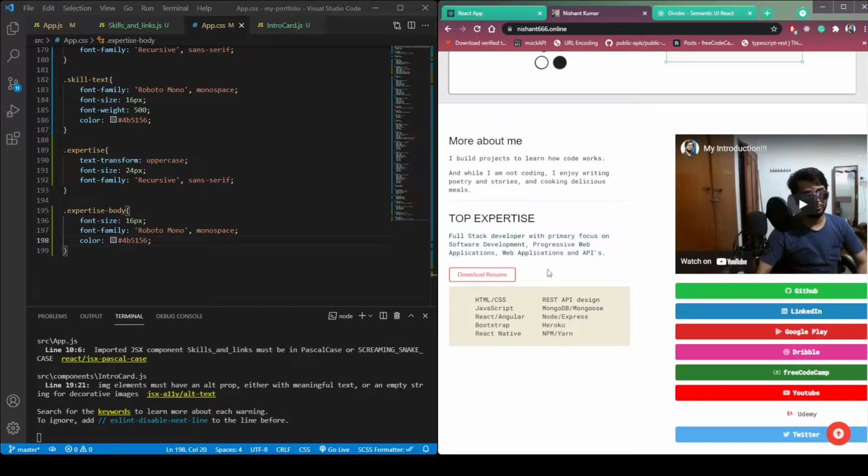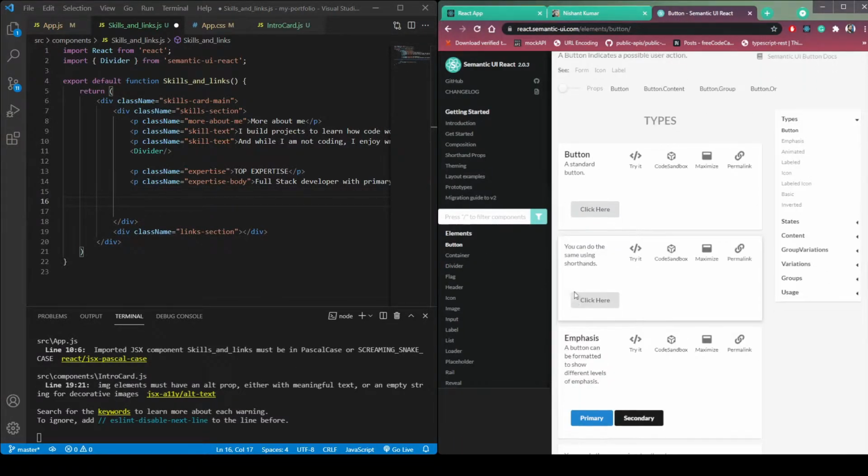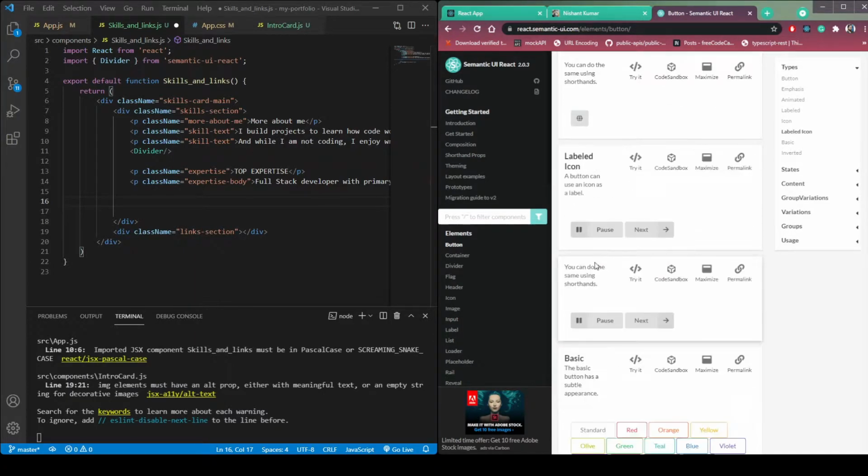Then we need this button for downloading the resume, so let's create it. After the p tag, let's import a button from Semantic UI. So here search button, and let's use this red button.